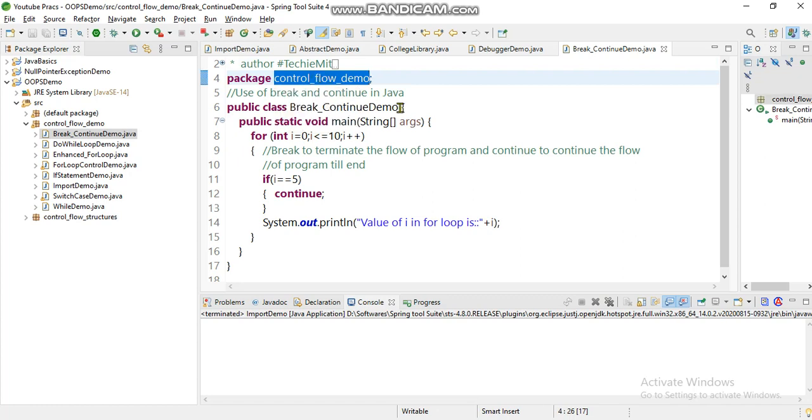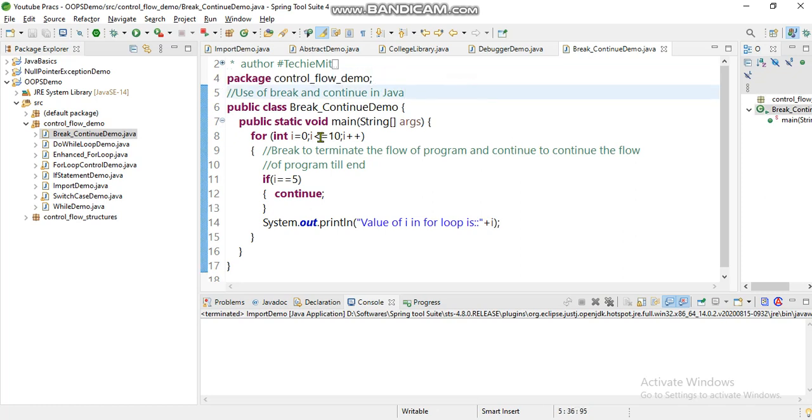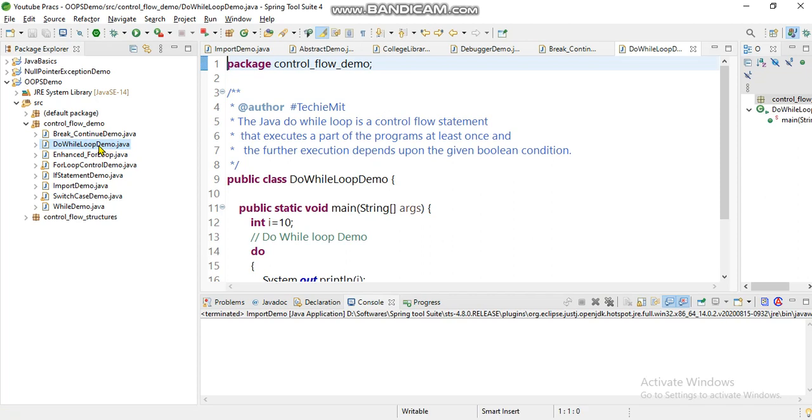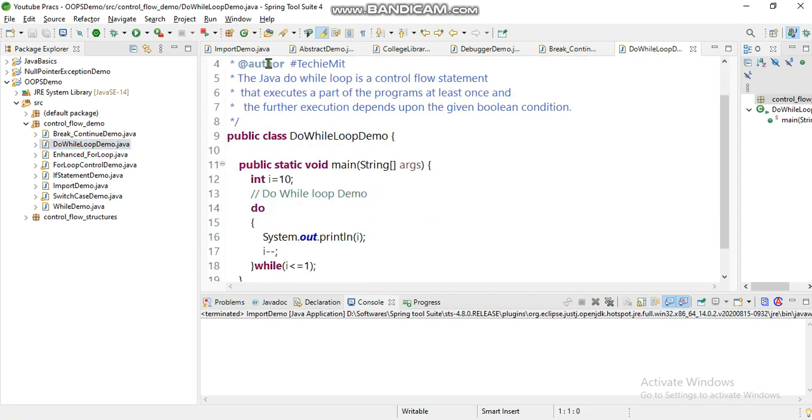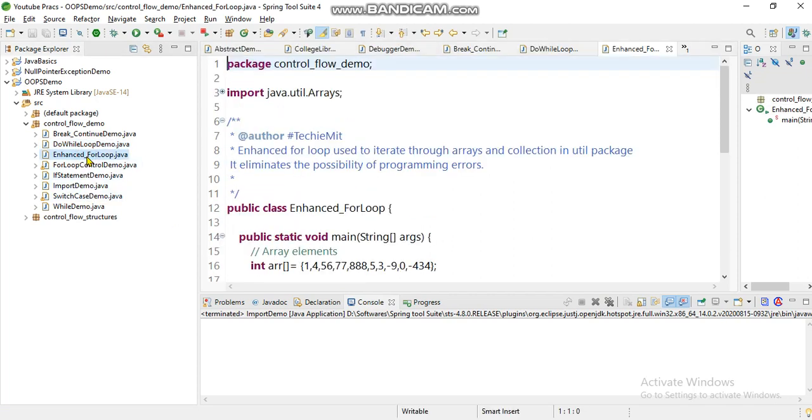See here, package control flow demo, as I gave the name control flow demo as the package name. As the first line of code of compilation, it necessarily needs to be package. In the package all these different kinds of classes are included. This is another class included in the same package, and there is another class also included in the same package.